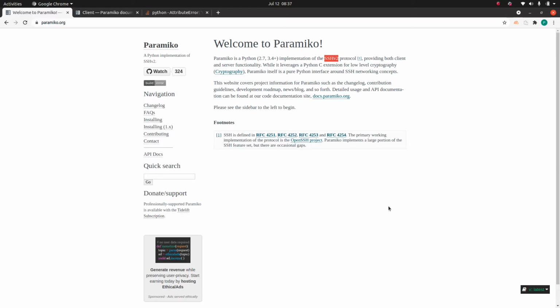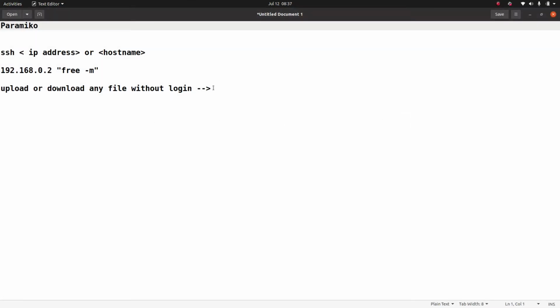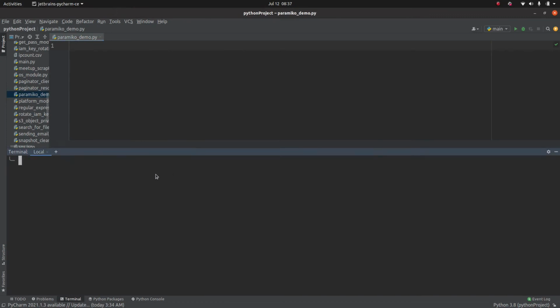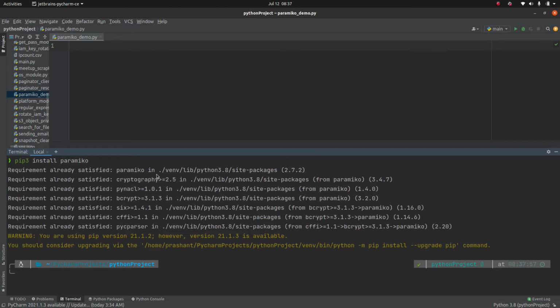Okay, now the next part is, let's look at the installation side. Because Paramiko is a third-party module, you need to install it via pip, or you can install it in other ways, but pip is the simplest one. So the command is pip3 install paramiko. As I already have this module installed on this machine, that's why you are seeing these messages. But if it's the first time you are installing this module, obviously you will see a different kind of message that it is pulling all the dependencies and installing that package on your machine.